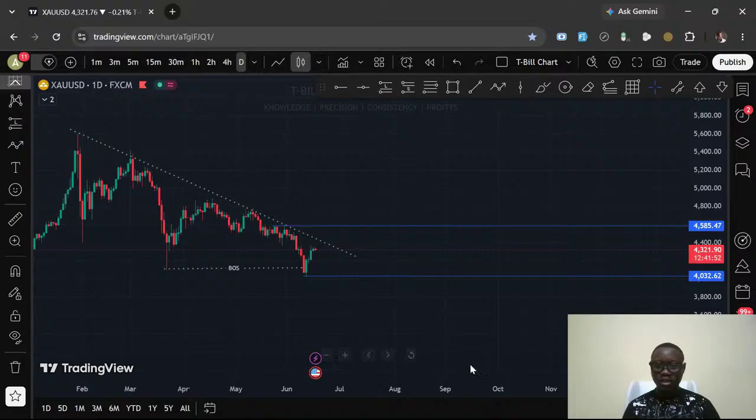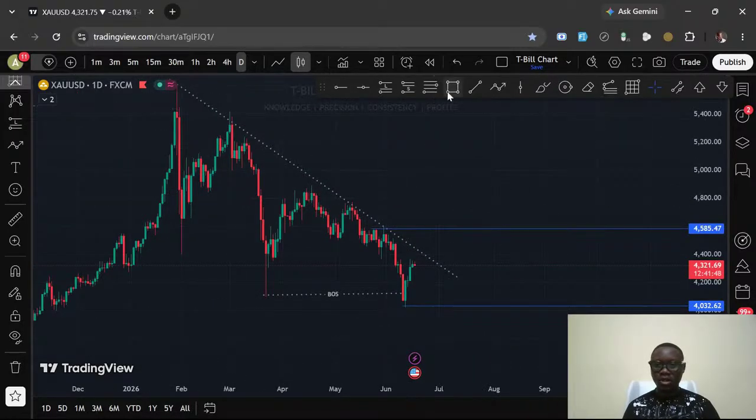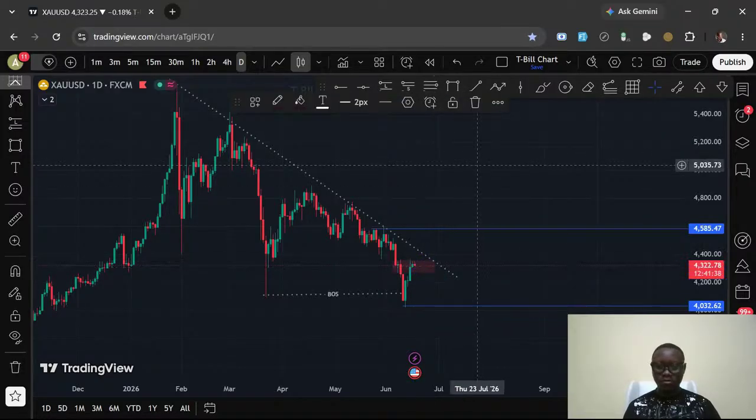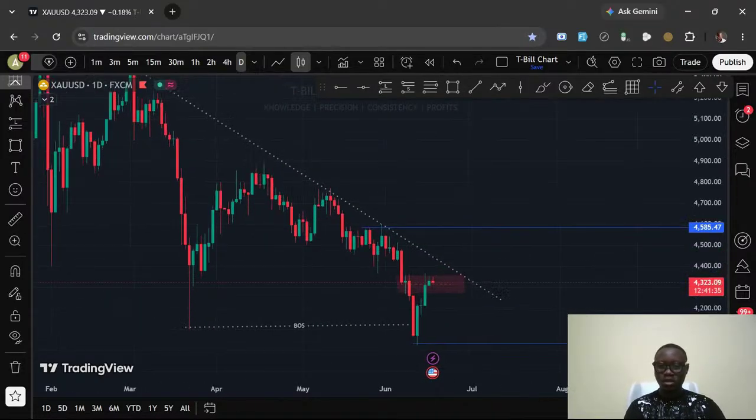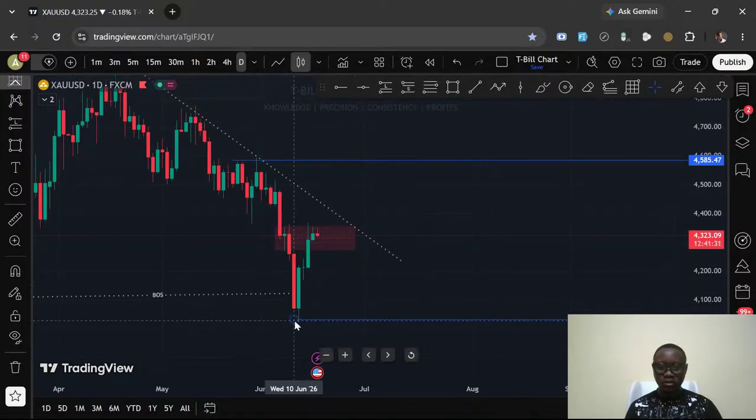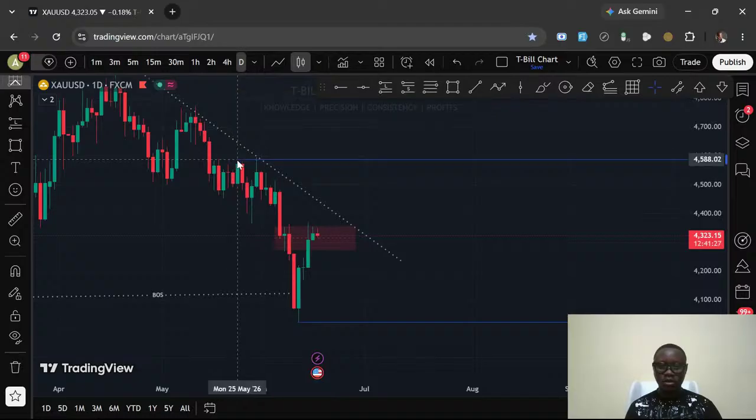And as you can see, the market is currently reacting at a key zone, which is this right here. Let me zoom in so you can see my chart properly. All right, external liquidity, sell side, and this right here,